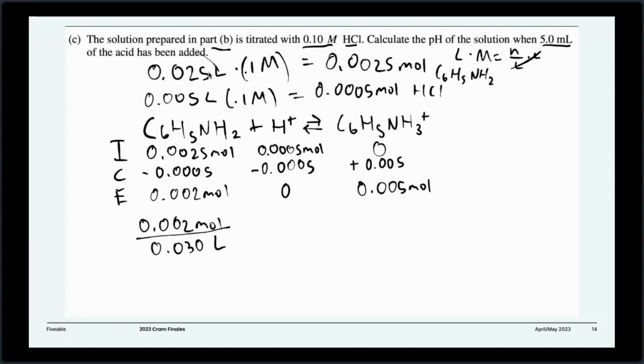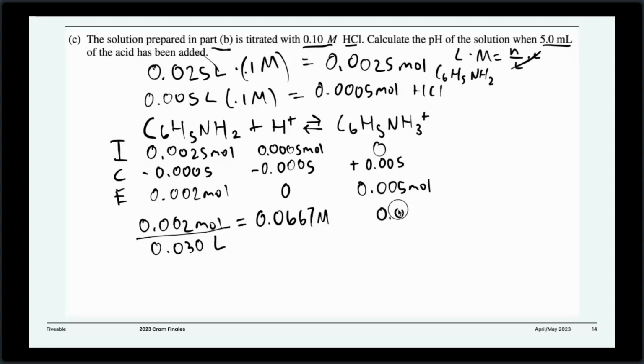You see 0.025 plus 0.005 gives us 0.03 liters. And if we divide that up, we get